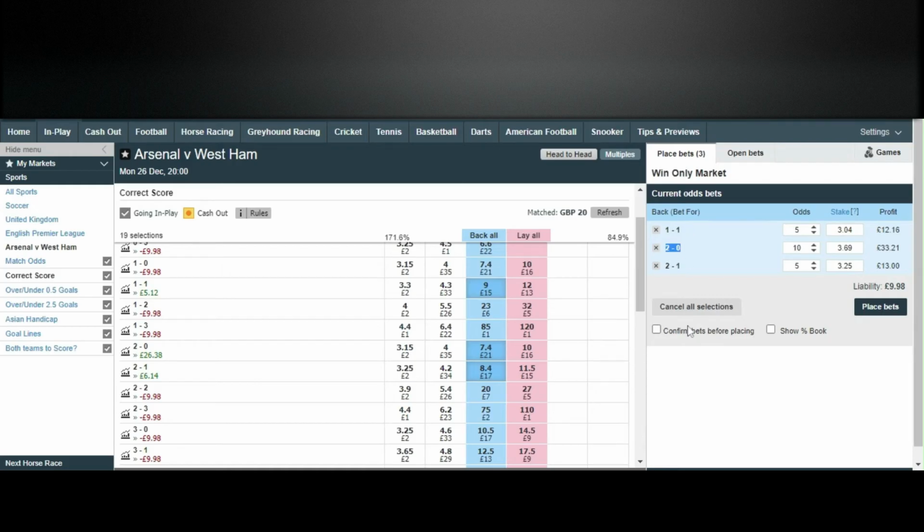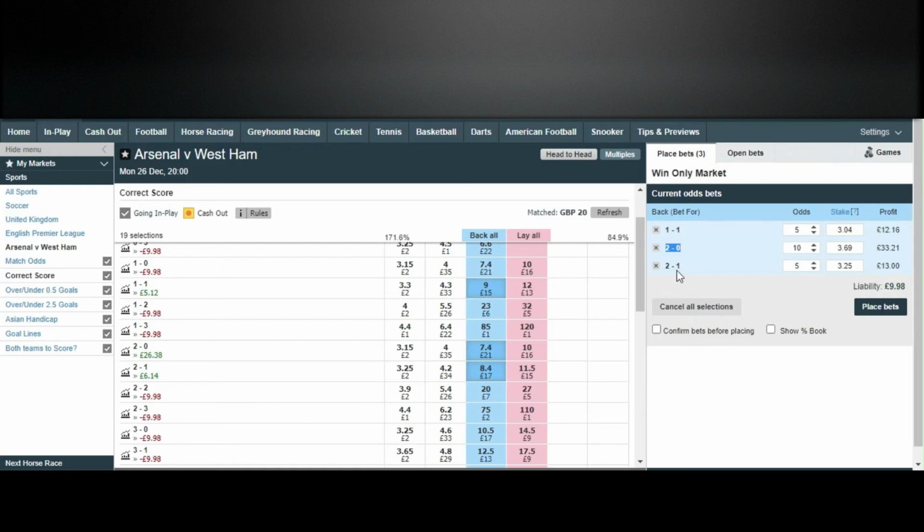That one's dead. So if it got to this, we'd cash out for a profit, because we should be in profit by what the odds would move. So we probably more than likely use the cash out button, or if you know how to do it by laying it off, then do it that way, whichever you think's best. When you're just getting started, I think it's easier just to do the cash out.